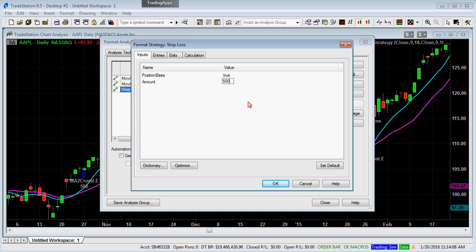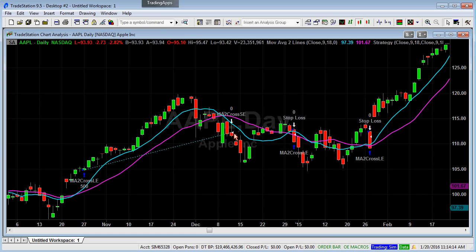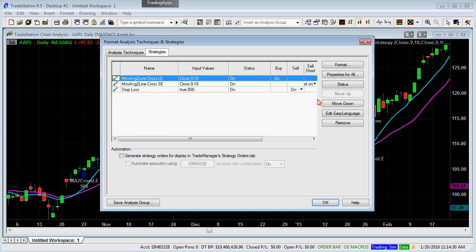So I can say if it loses $500, I want to get out. If I click OK and close, this is exactly the same calculation. We didn't change the value of the stop loss. We just changed the way that it was expressed. Before we had 1 point per share. Now we have $500, which gives you the exact same results. Let's go back here to the